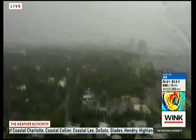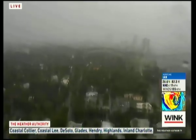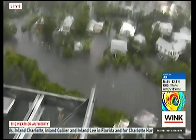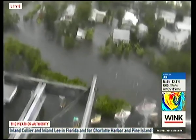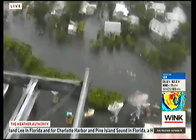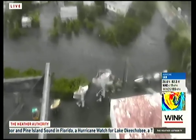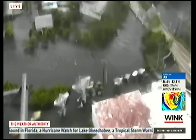I think I'm hearing the transformer pop. Can you pan the camera down? If we can. Yeah, look at that now. That's a better look at Dean Park. Go back to the right a little bit, buddy. Yeah, the transformer's been popping. As we talk about all this water coming up,